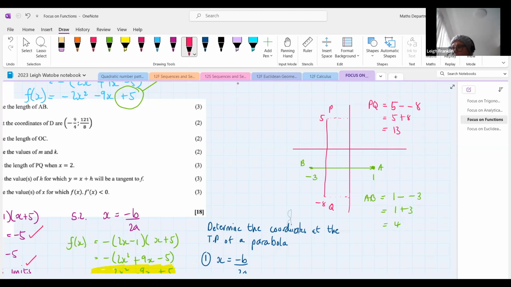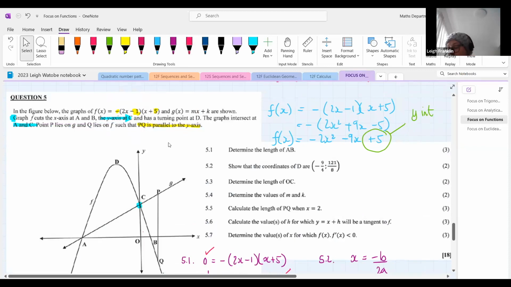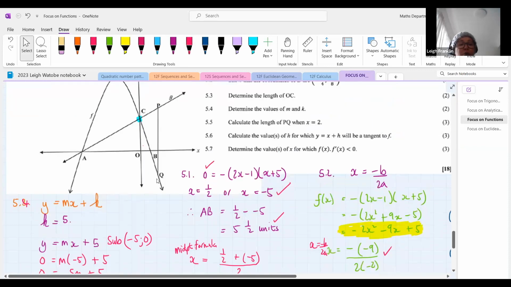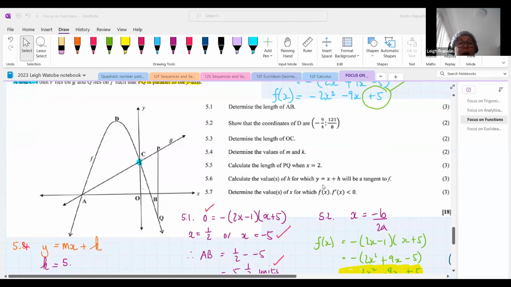Okay, so it's the x to the right minus the x to the left for a horizontal line, or it's the y at the top minus the y at the bottom for a vertical line. Okay, the only thing is it just becomes a little bit more complicated because the y at the top is written as a function. Okay, so remember g of x is y. Okay, and Q is a point on the parabola. The parabola is f of x, which is also y. Okay, so in order to get the length of PQ, looking at the diagram,